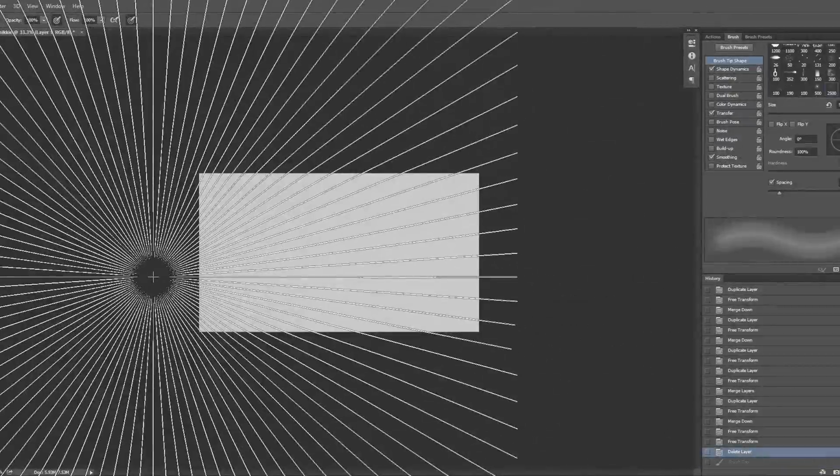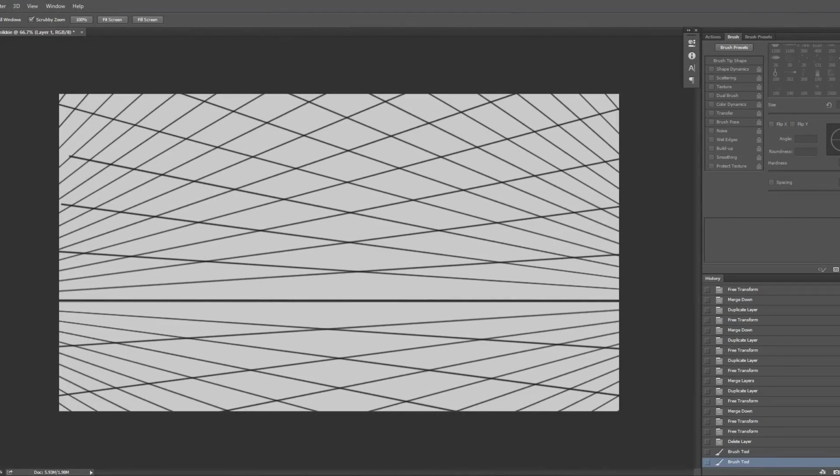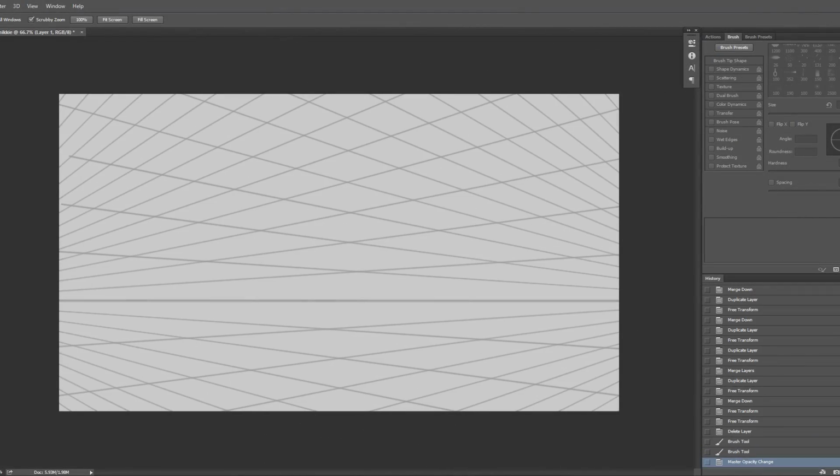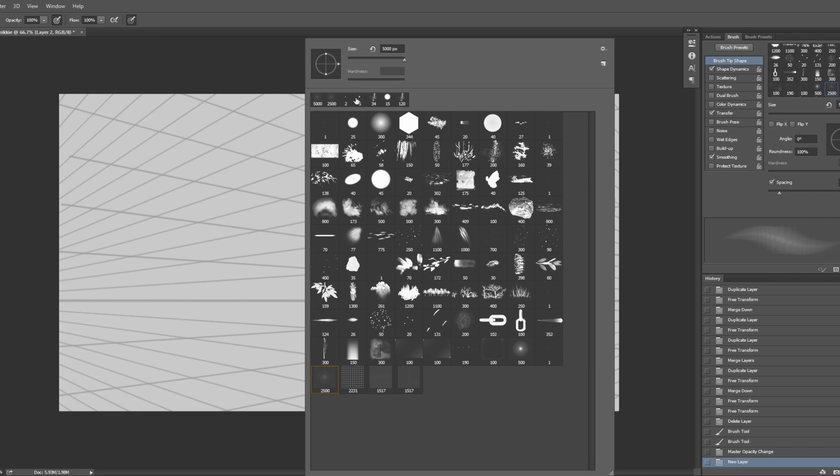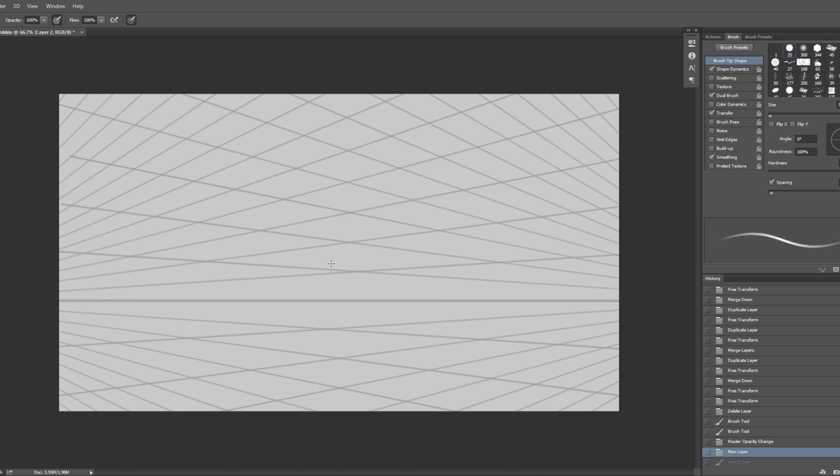Let's do a 2-point perspective and then one on the other side. So now we've got our 2-point perspective grid. You can also do more than 2 points. You could do 3, or after 3 it's going to get more complicated to work with, but it is possible to do like 5-point perspective. Now we are working in a 2-point perspective.